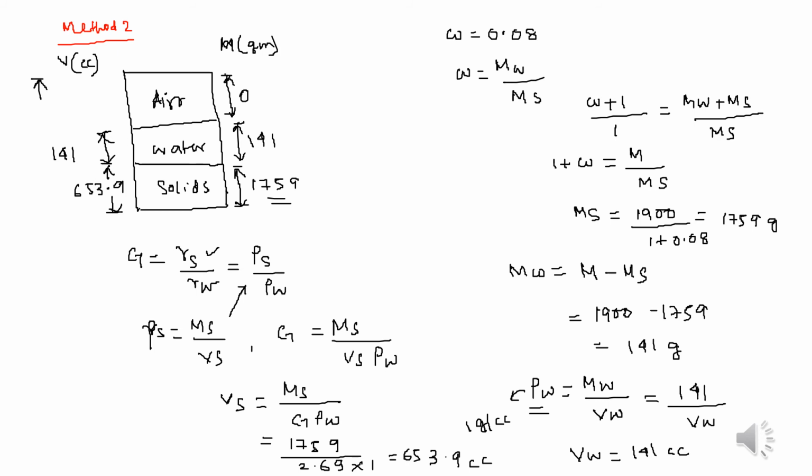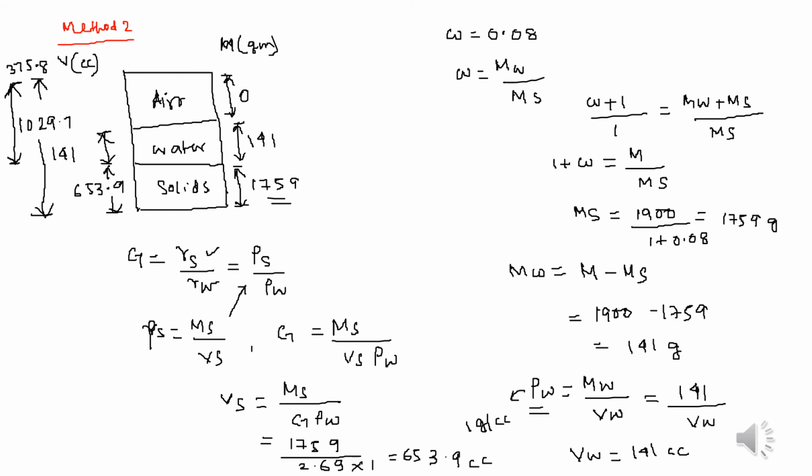1029.7 is my total volume of the sample. Therefore from it we can simply determine the volume of the voids, right? So my volume of the voids is 1029.7 minus the volume of the solids, that is 653.9. So we get 375.8 as the volume of my voids. Okay, so we have